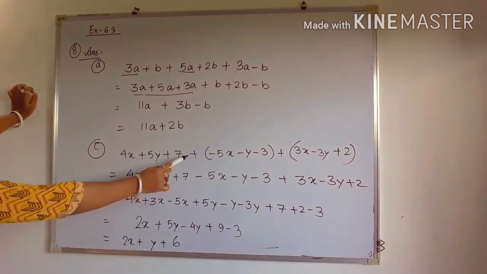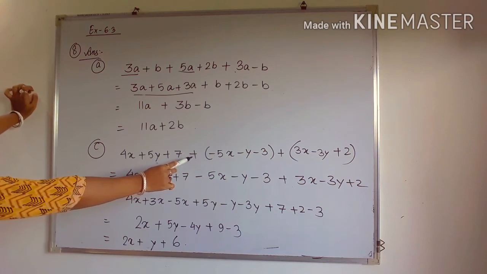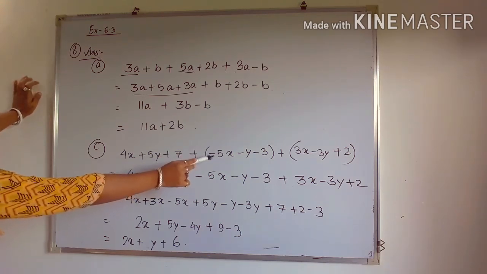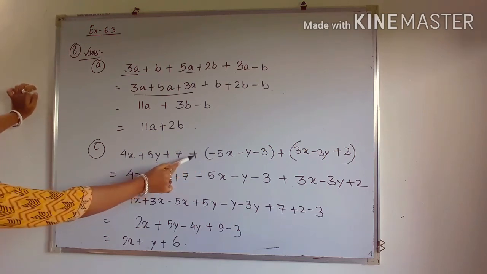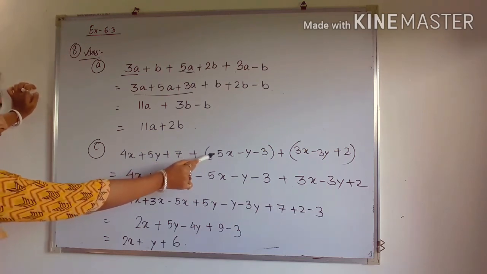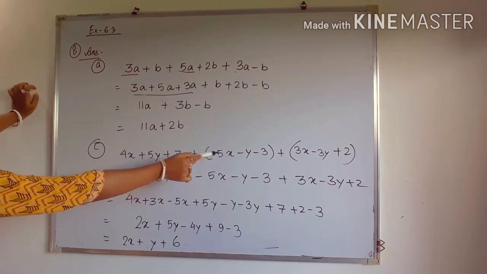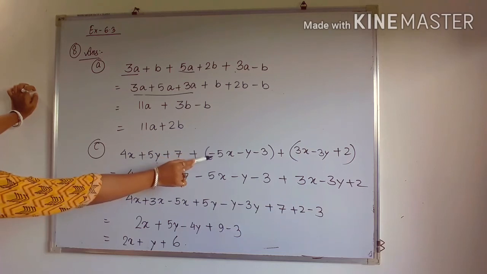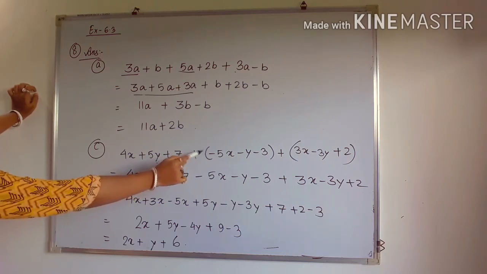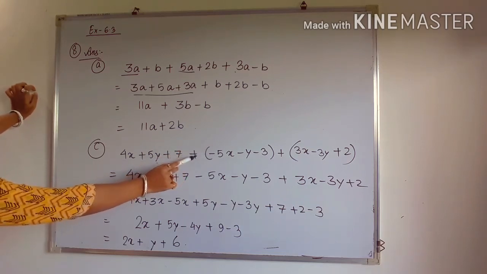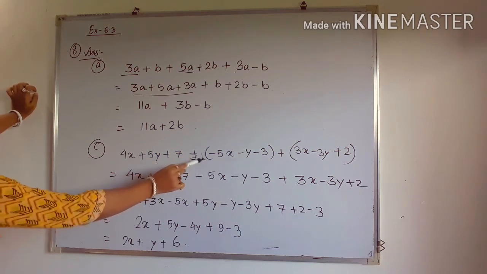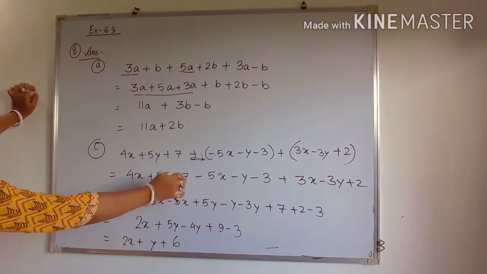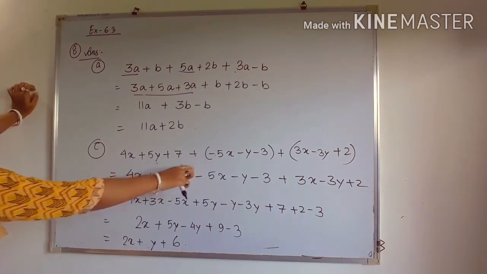Okay, so that's why I have written the positive symbol plus, and you know that there will be no change in the symbol which is written inside the bracket, because a plus sign does not affect the sign inside the bracket. But if there is a minus sign, it will change the sign. It gets opposite. If minus is written in this place, then minus will become what? Plus. You know this case already, we have learned it in class 6.